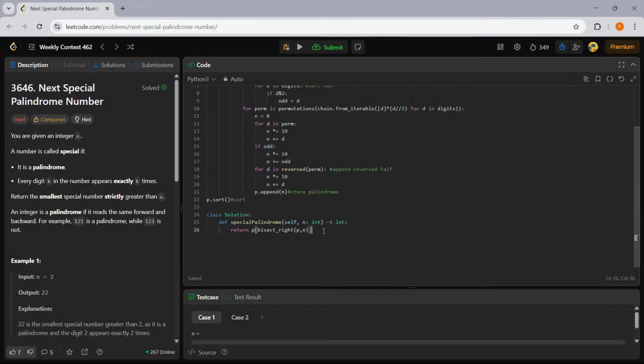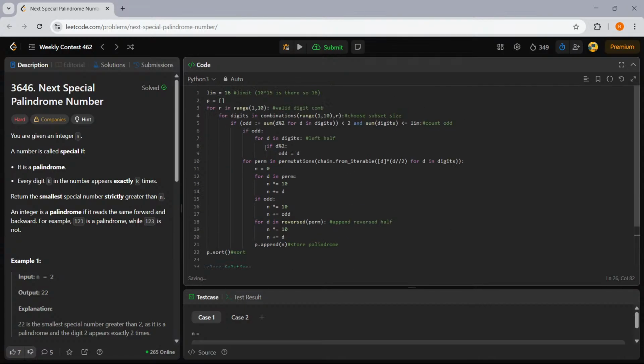Now finally we'll use bisect, right? Binary search to find our smallest palindrome strictly greater than n. It can't be equal, it has to be strictly greater than n. And what I'll do now is I'll submit this code,